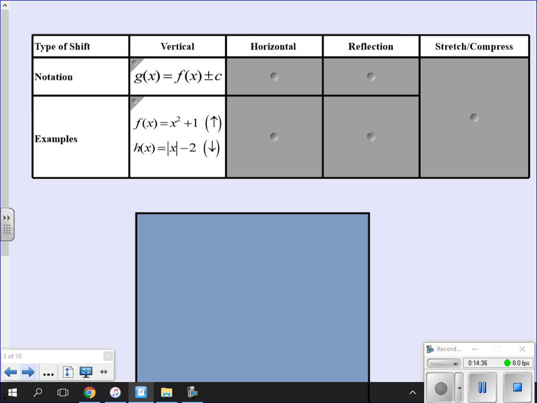Yes? No, that just means the whole thing moves up or moves down. So, if I have x squared plus 1, that means I just take my parent function of x squared and I just move it up. Okay, if I have absolute value of x, absolute value minus 2, that means I take the absolute value v and I just move it down 2 units. So your vertex is what's changing on